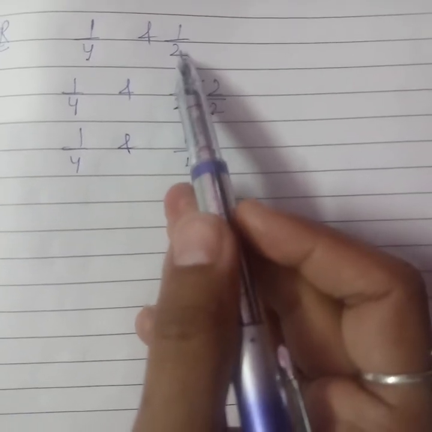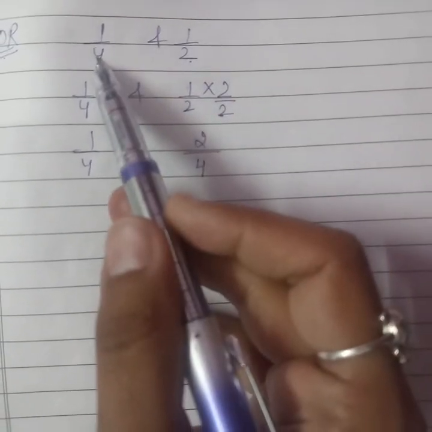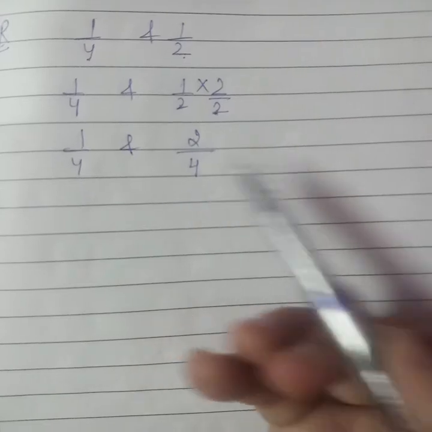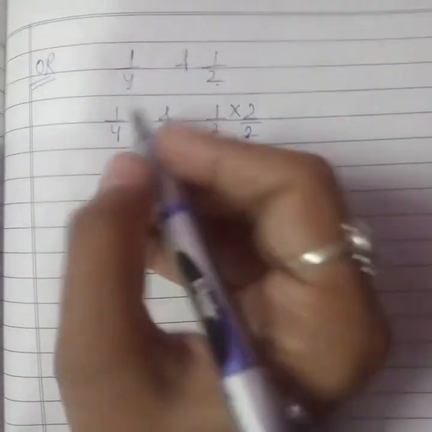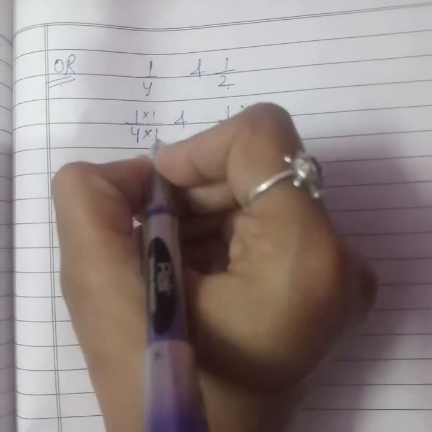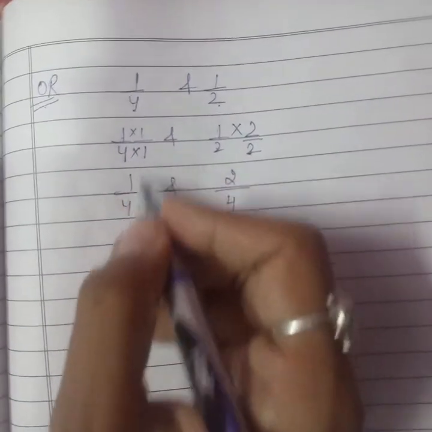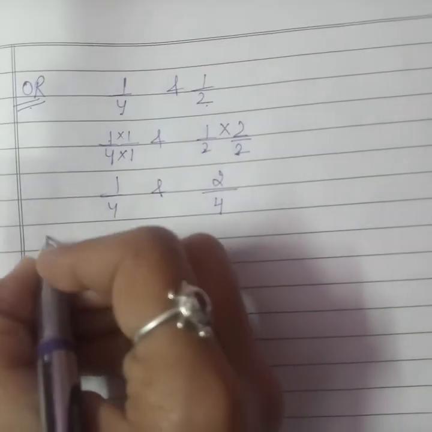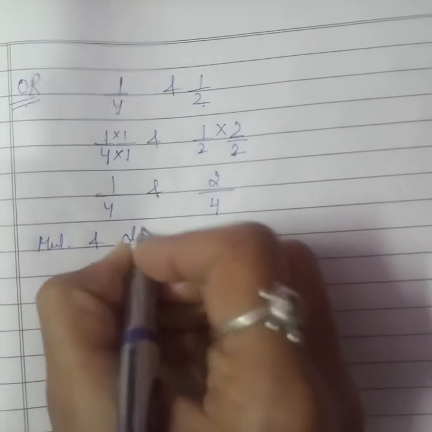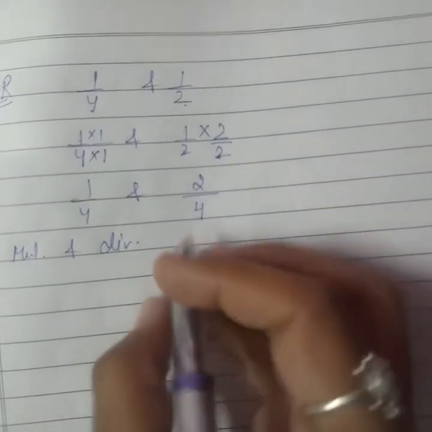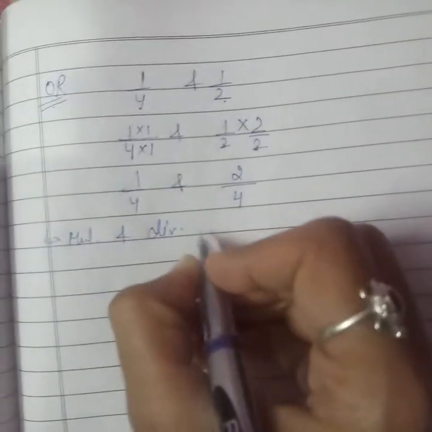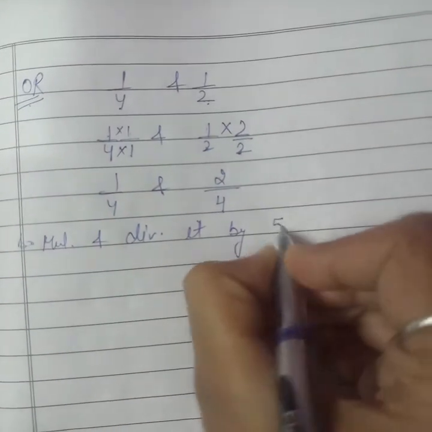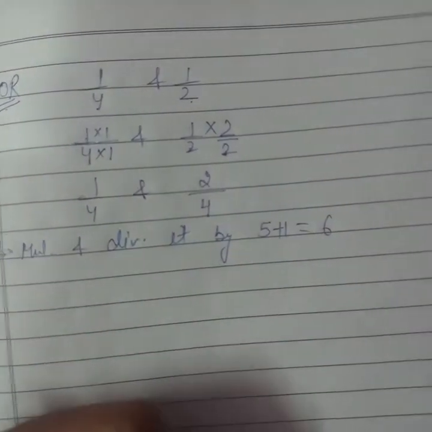It should be multiplied with 2 so that we get 4. Now 2 twos are 4, the denominator becomes the same, and here we can say that we multiply it with 1 and divide it with 1. 1 one is 1, 4 ones are 4. Now the denominator becomes the same. Again we have to multiply and divide it, so we have to find 5 numbers. So we multiply and divide it by 5 plus 1, which is equal to 6.